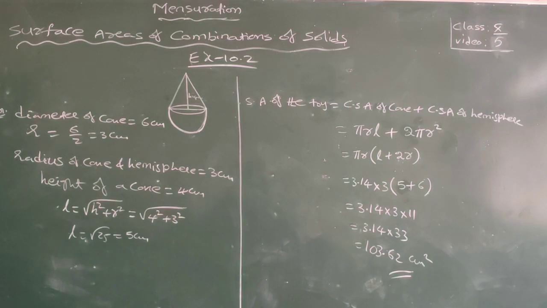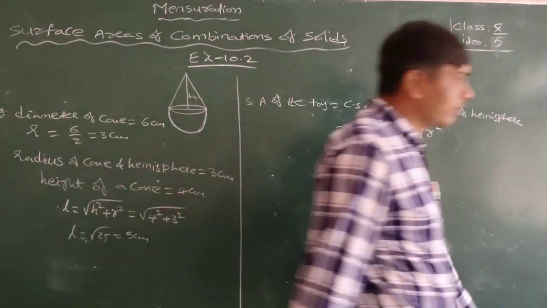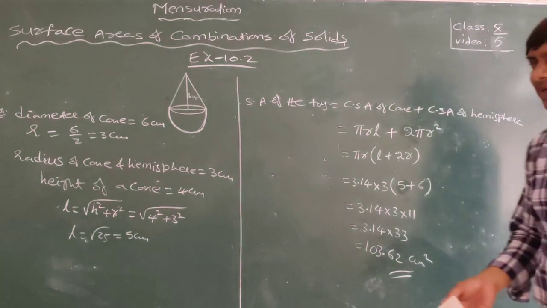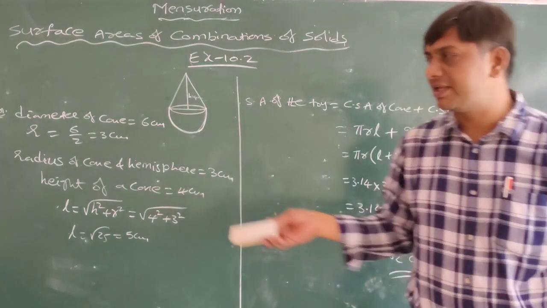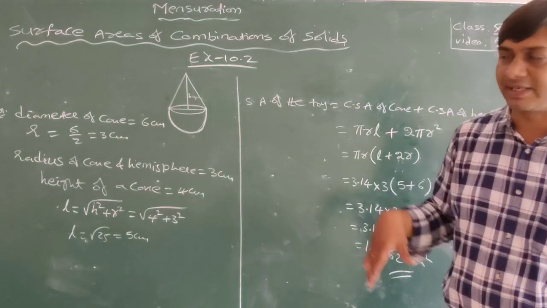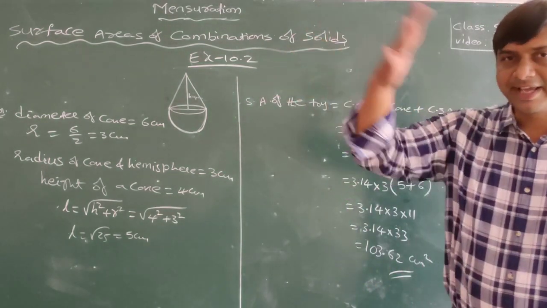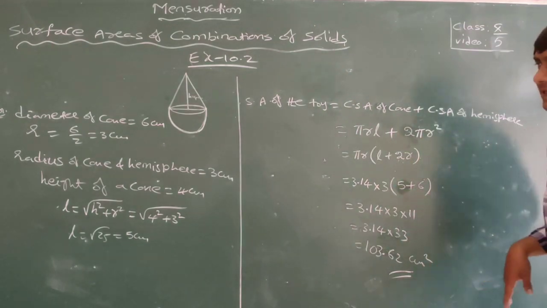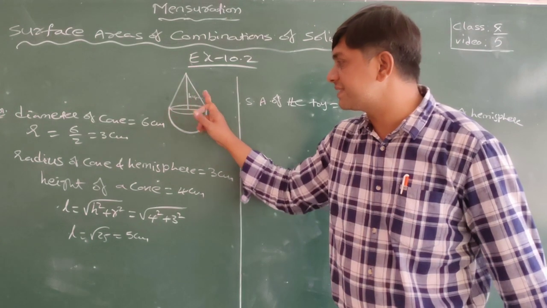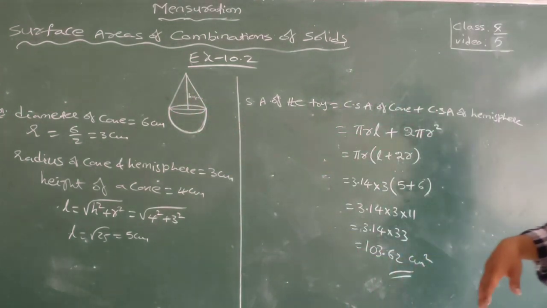So here, surface area is TSA only that you have to find out. TSA, but we don't use separate TSA formulas. You need to imagine what the common points, common areas are. That we have to exclude. Means the common area is here, this one, you are excluding. This is CSA, this also CSA. CSA plus CSA.